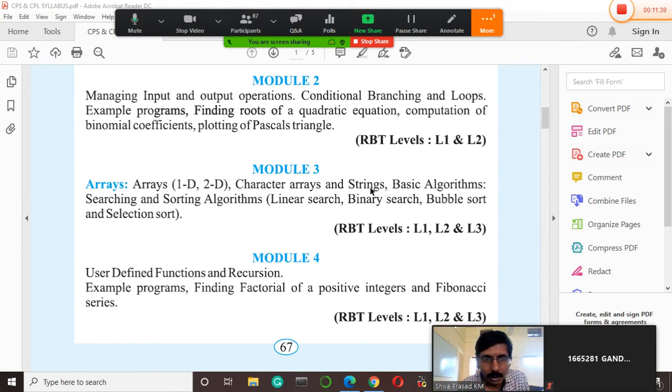Whereas the other concepts which I have spoken to you about in the previous modules all worked with numerical values, strings always deal with alphabets only. Okay, so all these concepts we will be discussing in module 3. Whereas module 4 is nothing but functions. Functions is a chapter name which is involved in module 4.